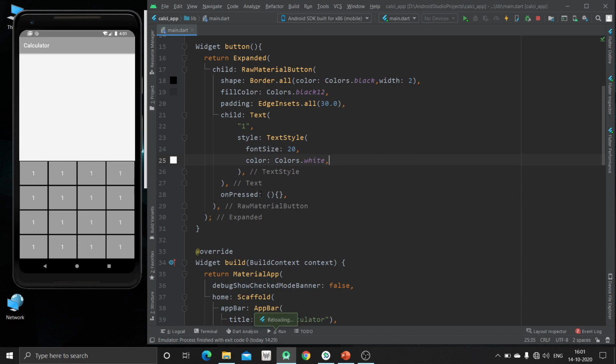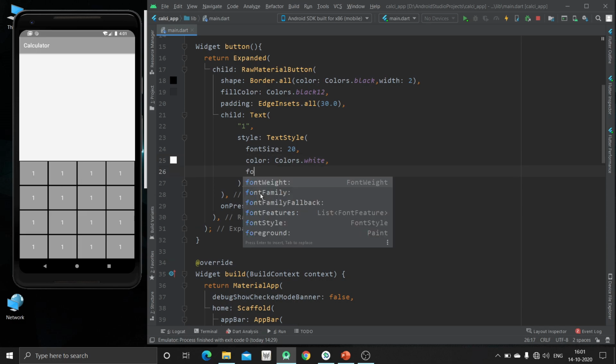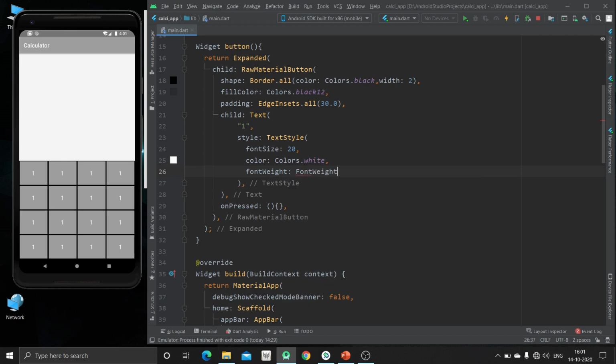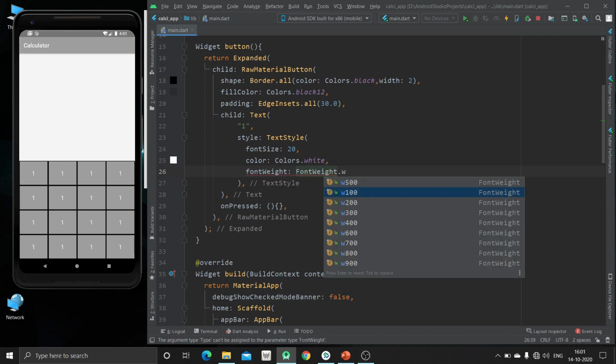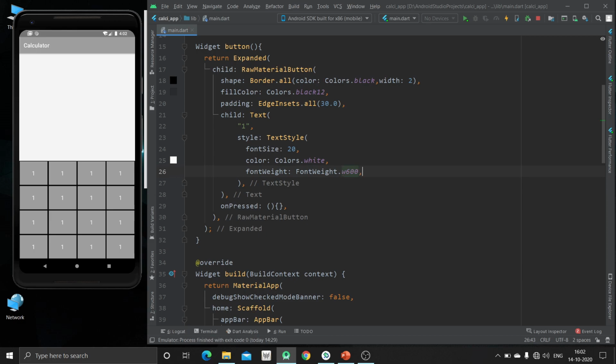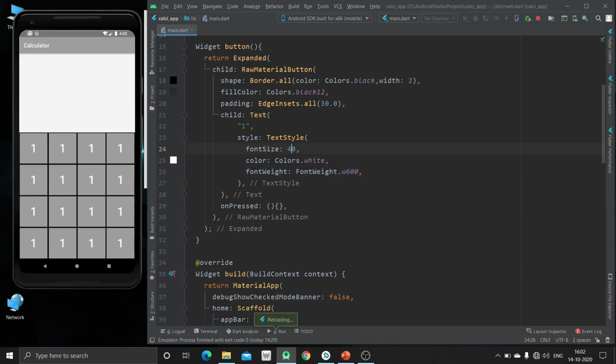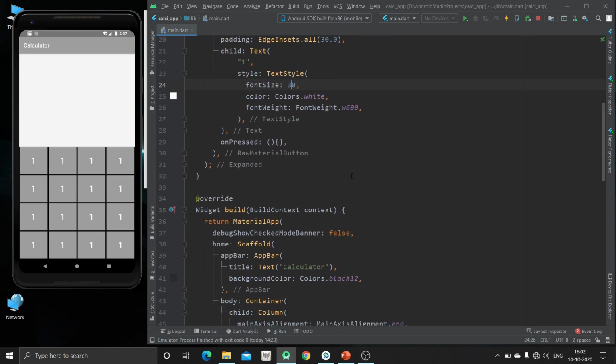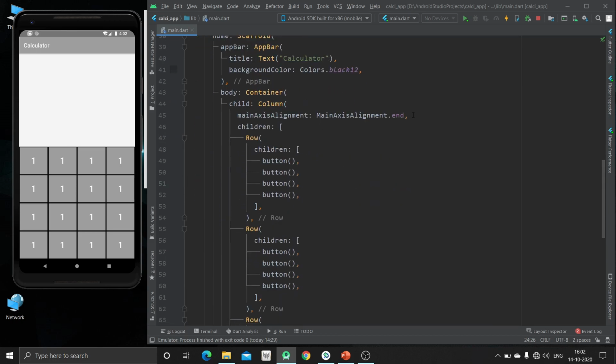Now just make the font weight darker, about 600. Now I'm also going to increase the size of the button. Okay, now let's make it 30. Okay, now it's perfect.